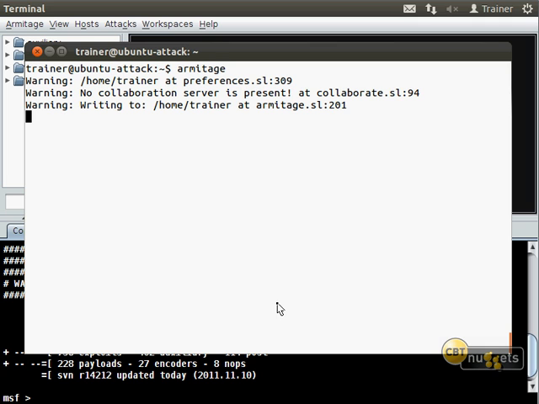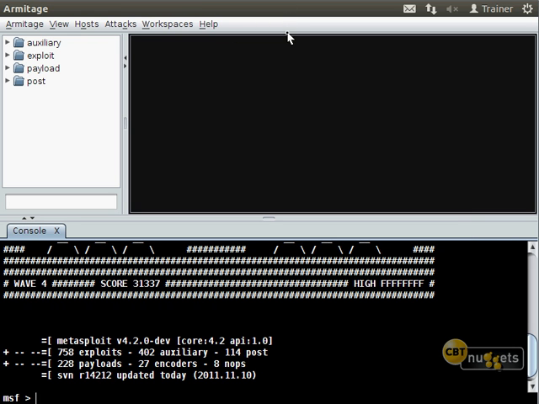All right, let's switch over here to Armitage. Now again, Armitage really is just a UI front end for Metasploit, and it gives you a great deal of flexibility in working with it. You just type armitage from your command prompt, it'll go ahead and launch it, and you can see I've got it in the back here, and there it is.